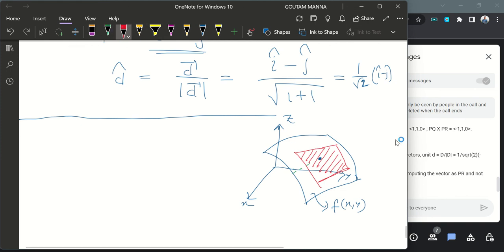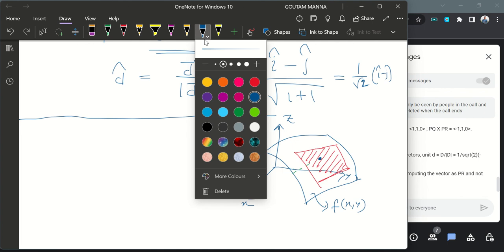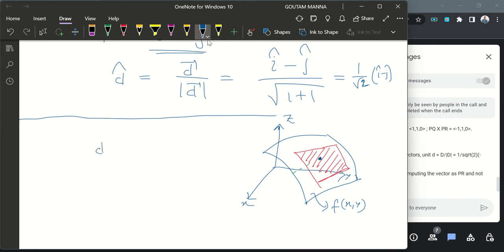Okay, now if you draw the tangent, so this is the tangent plane. So in that case, this is del f del x. That means here we are taking y equal to constant. So let's say it is along this line, and the tangent line. So this del f del x is the slope of this tangent line. So the tangent line will be on this tangent plane,